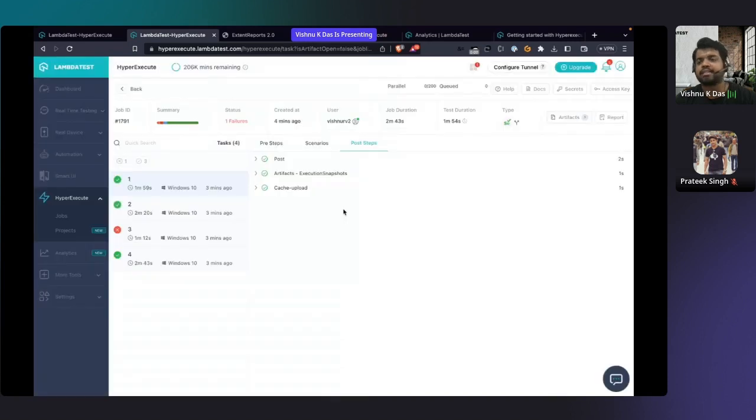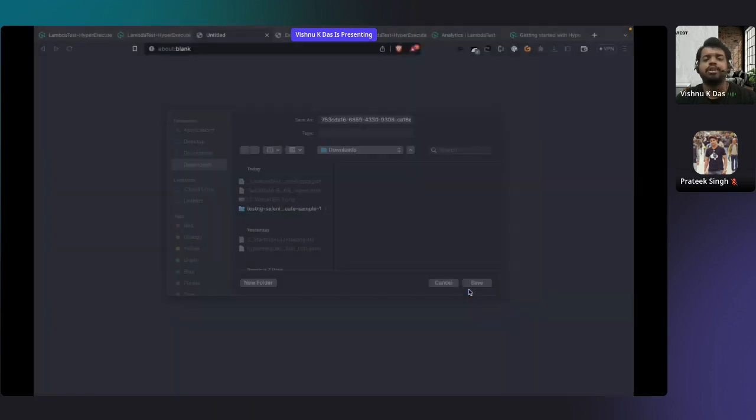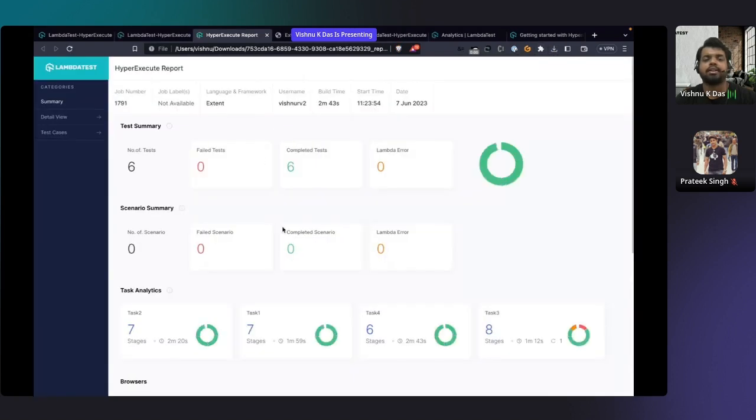So that's how artifacts are being managed. We also had a report configured, the Extent report, which can be downloaded by clicking on this report button. As soon as I click on this, it will download that HTML report onto my machine, and I can just directly click on this HTML, and yeah, this is how the HTML report looks for this particular